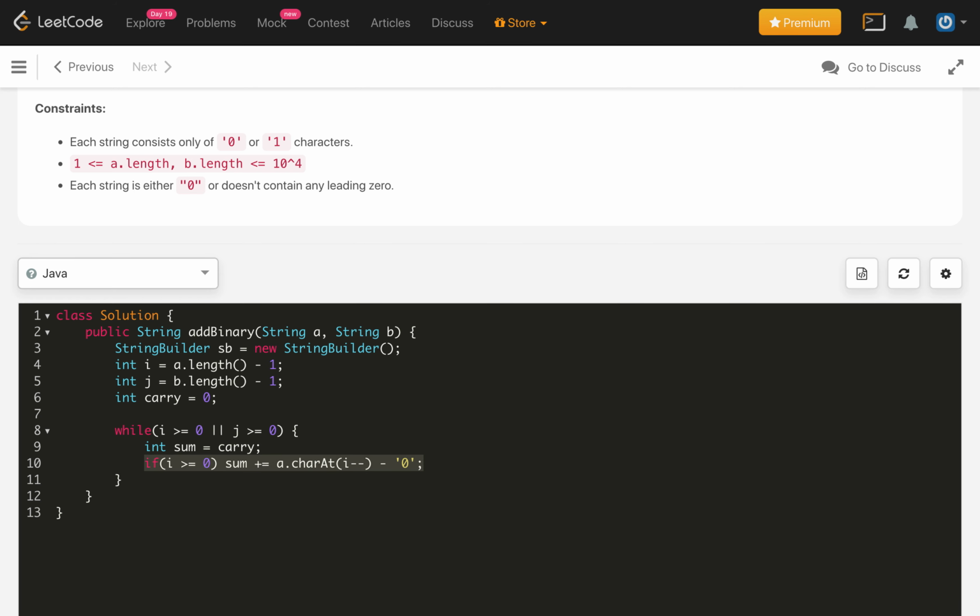Similarly we do the same for B: if j is greater than or equal to 0, add b.charAt(j) and decrement j.